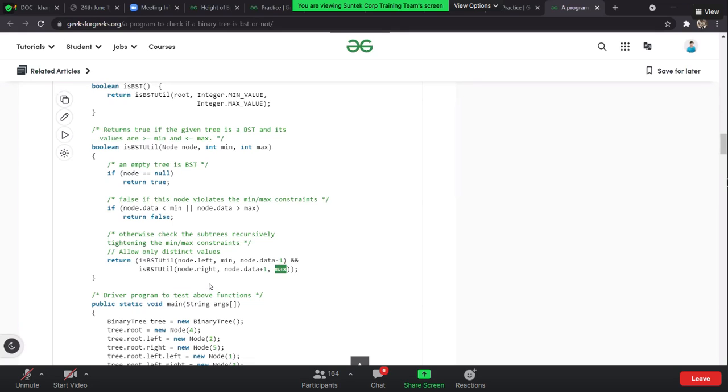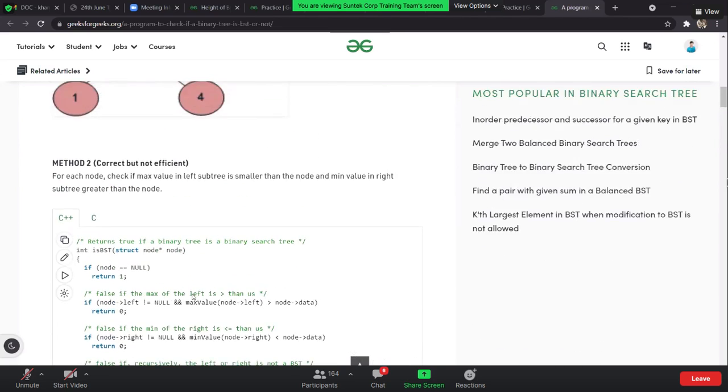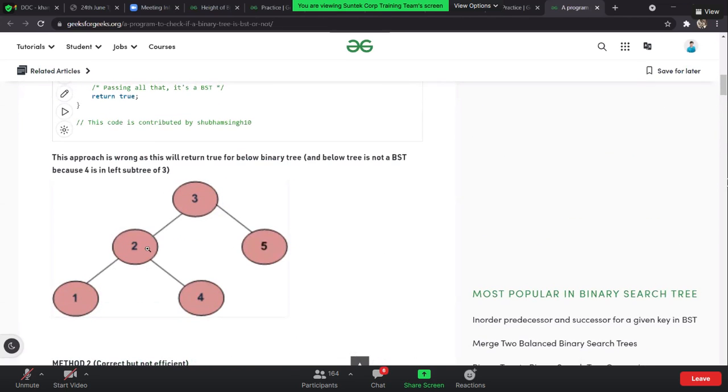Any doubt at any stage in the solution? So coming to the sandwich trick logic, the value should always lie between those bounds, and it should always lie between num plus 1 and the maximum, whatever value an integer can take up. The advantage of using this is that we don't have to repeatedly do the operation. We don't have to take care of what minimum or maximum value we are getting on the left side.